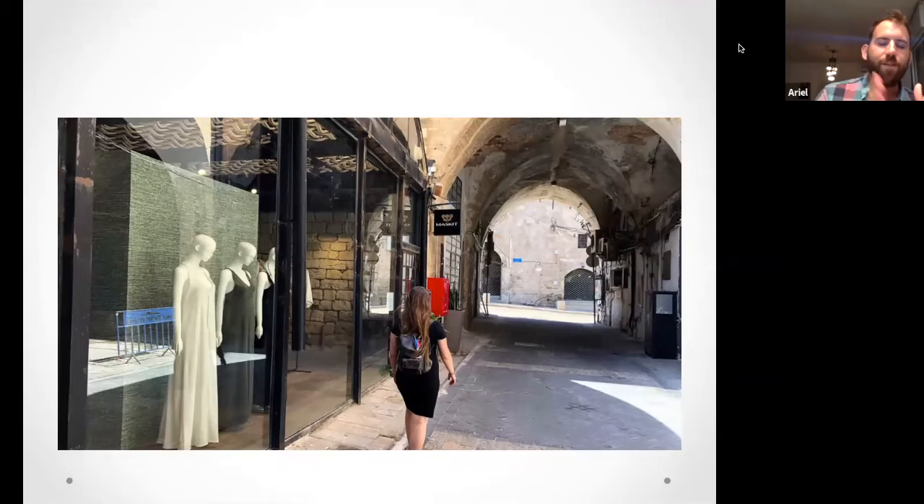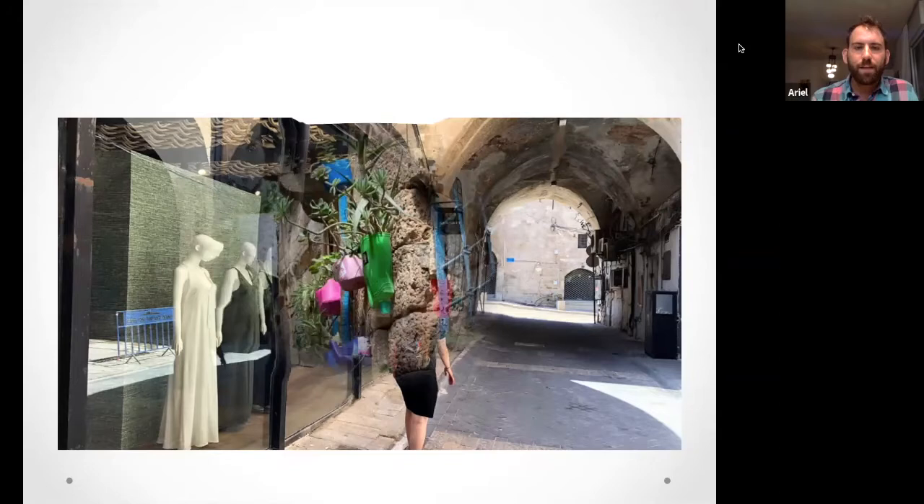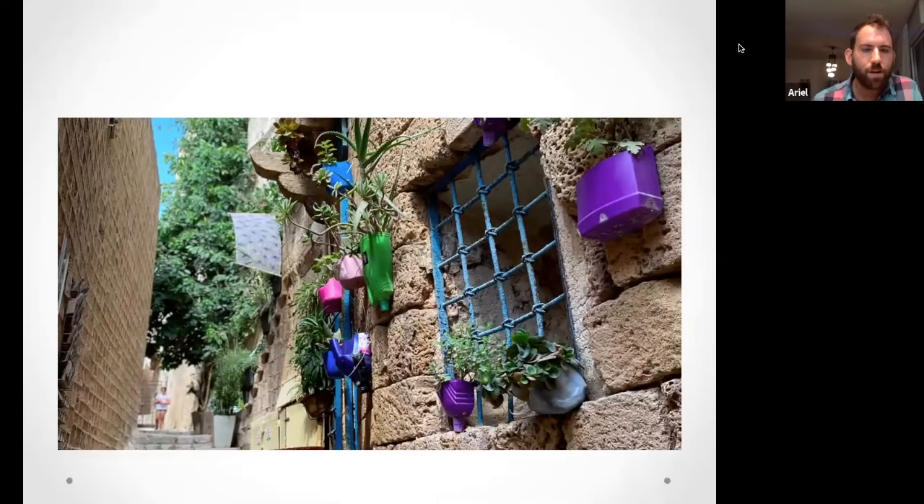You have a very trendy, top fashion designer on the left, and then you have these arches from maybe 200 or 300 years ago of ancient medieval Jaffa, and I find that very particular about the city of Jaffa, which I love. And there's just a beautiful picture of these flowers on the wall, but I wanted to point out that